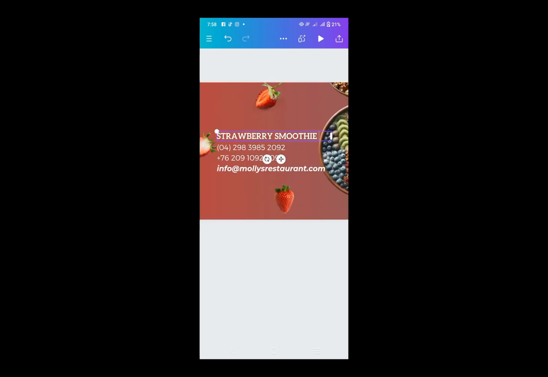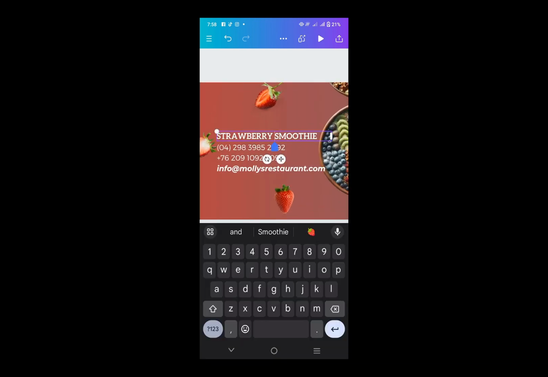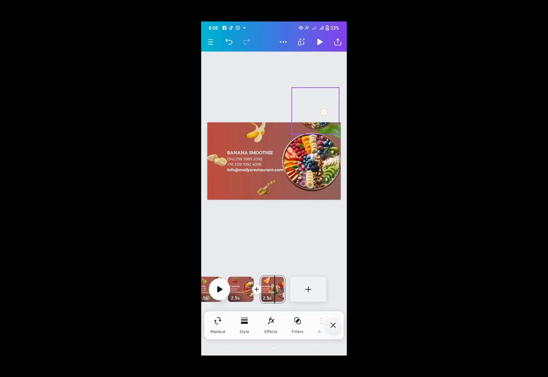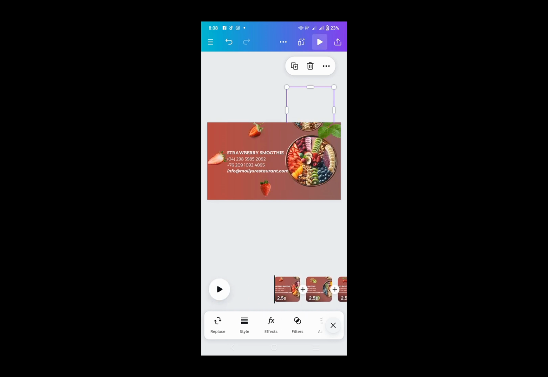Then you have to duplicate this and also continue to make it like this for the next however many pages you want. Even if you want 10 pages, this is the same way you go about all of them. Just duplicate the page and then make your editing, duplicate and make your editing. So I needed 4 pages for this. And then once I was done with everything I needed,